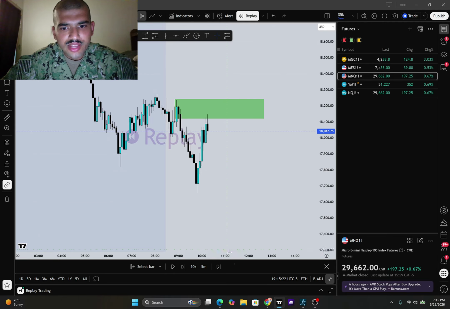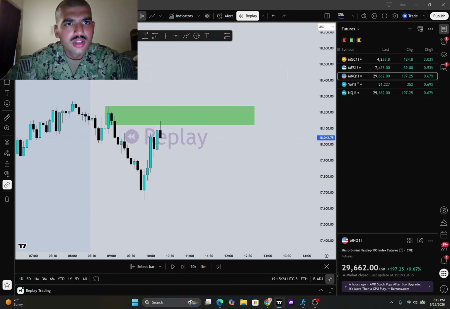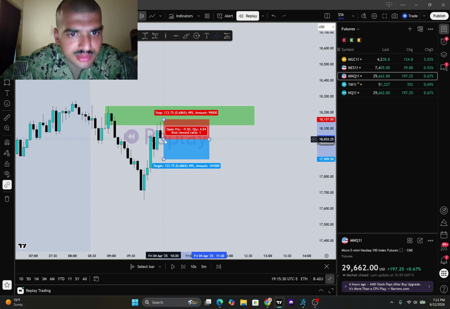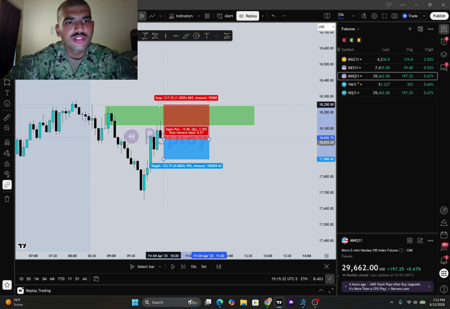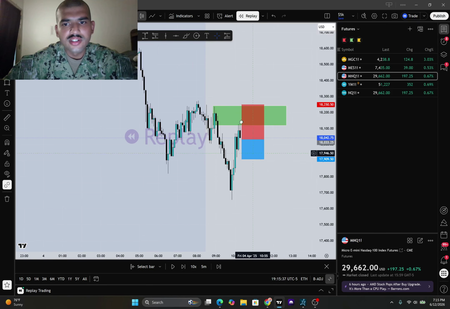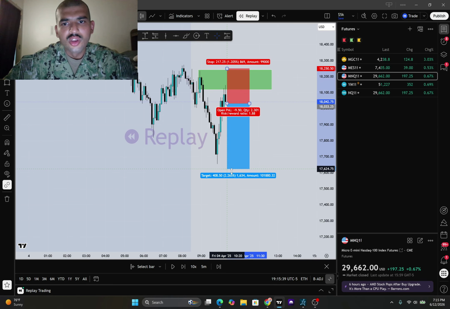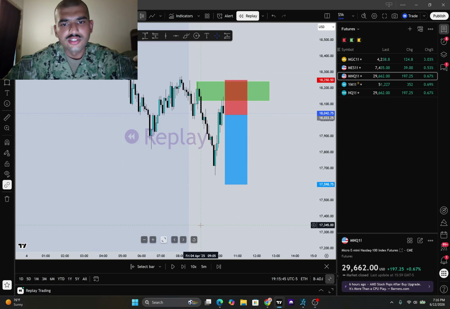Since we are looking for sells, obviously, if it breaks this candle right here, that's gonna be my entry. Stop loss is gonna be right above the supply zone, and I'm gonna be going for a 1-to-2, but I'm gonna take partials at a 1-to-1 risk to reward. So yeah, let's get it. Let's see if it breaks that candle. It hasn't broken it yet, so I would not enter. So boom, I would have got in right there.